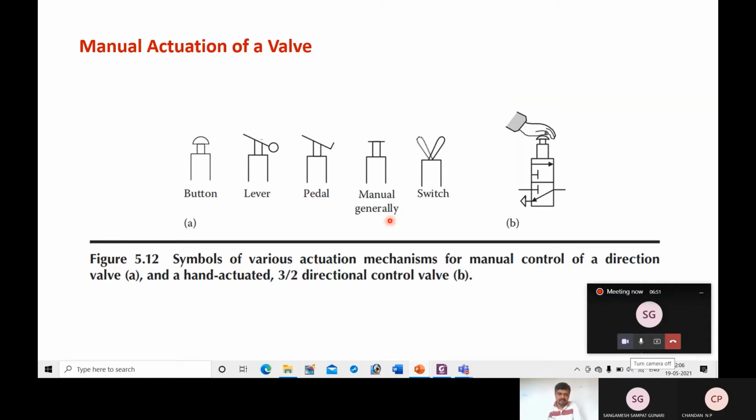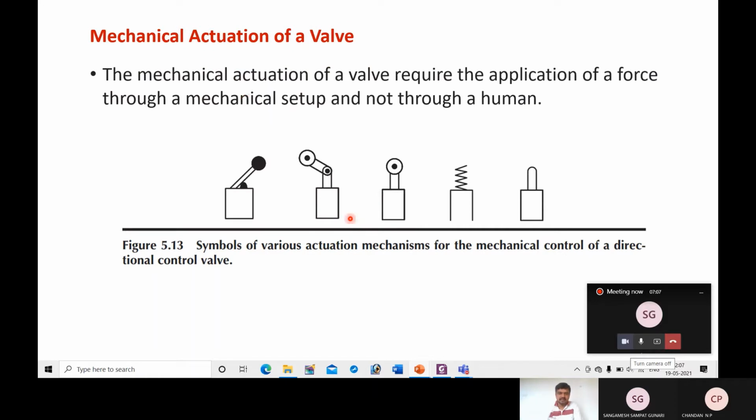This is the general symbol used for manual actuation. Then you can use a switch also. These are the symbols used to represent manual actuation. Then these are the symbols used to represent mechanical actuation. It will be with the help of any mechanism. It may be a physical touch by